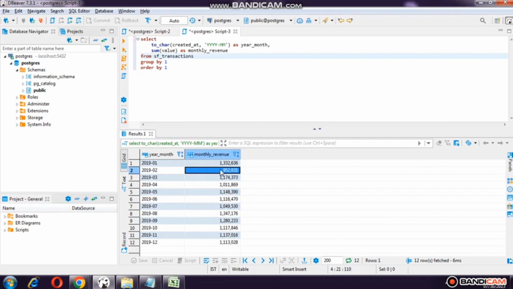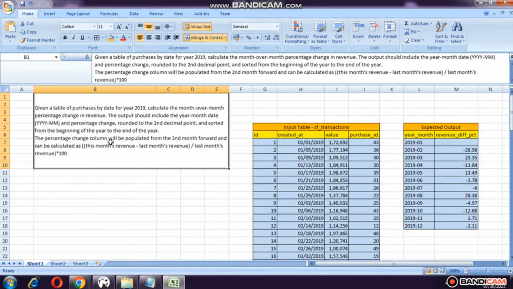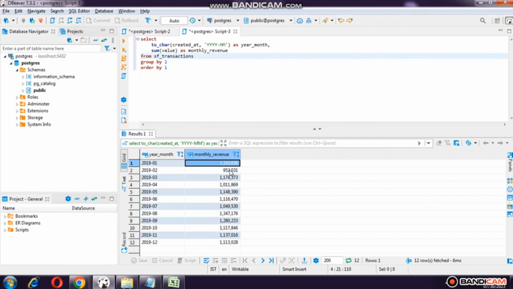So what we have to do is this month revenue, that is 952,031 minus 1,332,636. That's what it says, like this month revenue minus last month revenue. So how can we achieve this? What we need to do over here to achieve this is,